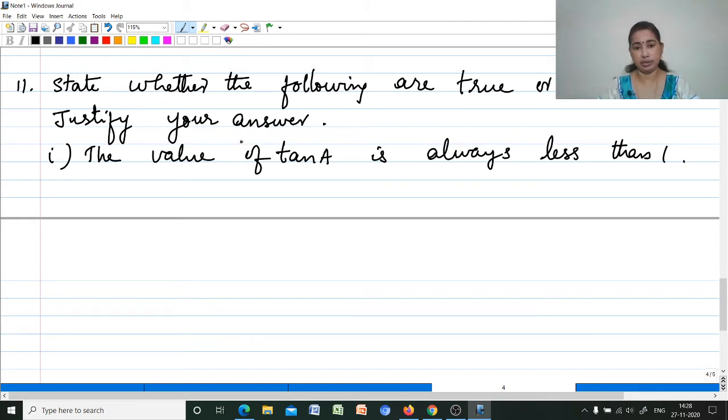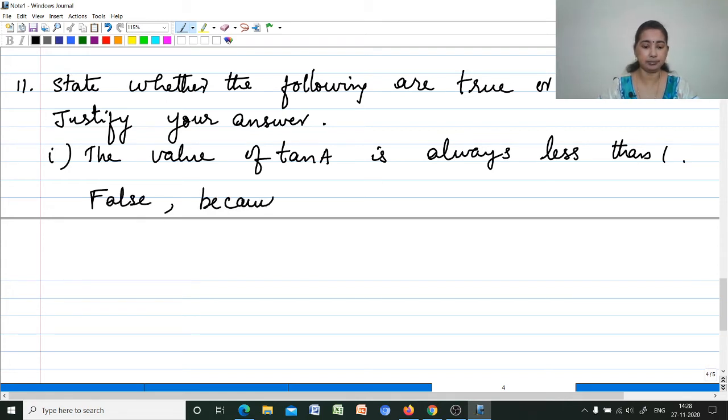This statement is false because the sides of the right triangle may have any length. So, tan A may have any value. Opposite by adjacent is tan A. So, if one side is less and the other one is bigger, when you divide, sometimes you get greater than 1, sometimes less than 1. So, we cannot say whether it is greater than 1 or less than 1, it depends on the length of the sides. So, here the answer is false